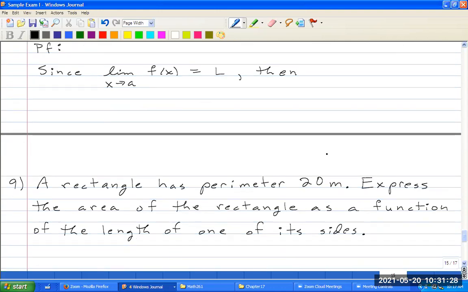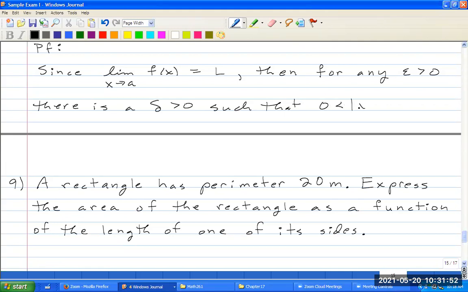Then, for any epsilon greater than 0, there is a delta greater than 0 such that if the absolute value of x minus a is between 0 and delta, then